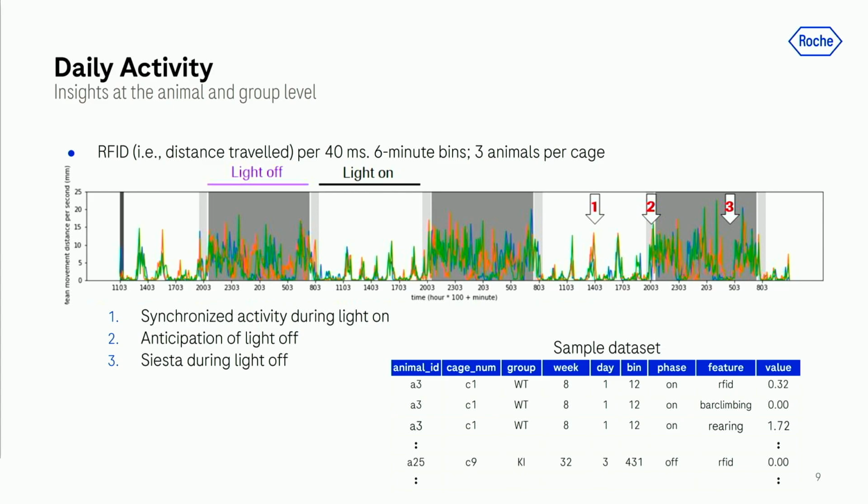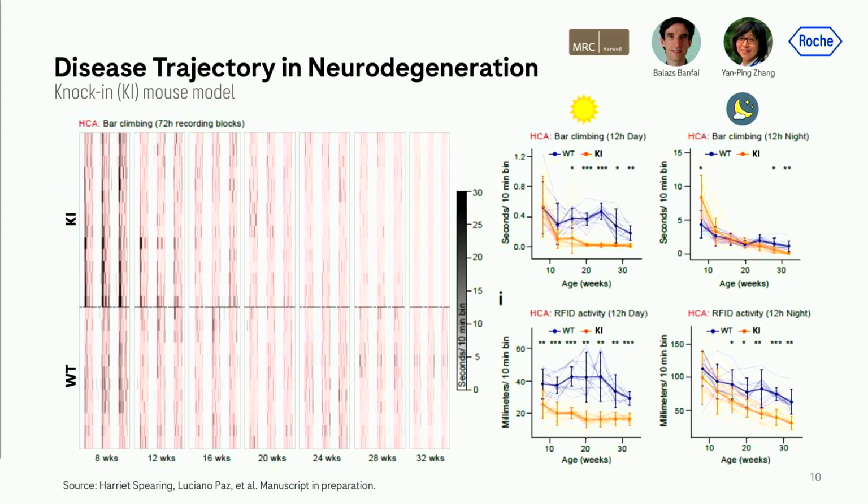There's some additional preprocessing, binning of the data in 10-minute bins, but you can get a tidy data set like this one. And normally the next step is to perform what is called a traditional analysis. In this traditional analysis, and by that I mean the ones you actually see in publications that are trying to show the efficacy of different compounds, what people do, and I apologize for the colors, I'm not sure why they turn out like this, is essentially slice the data in order to be able to